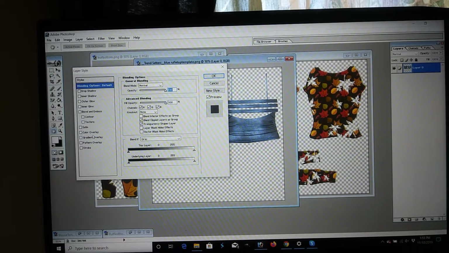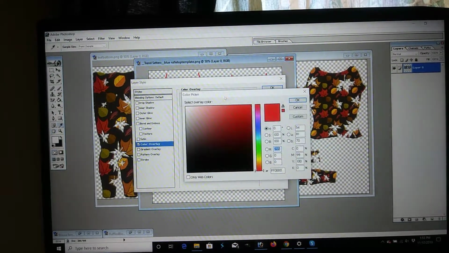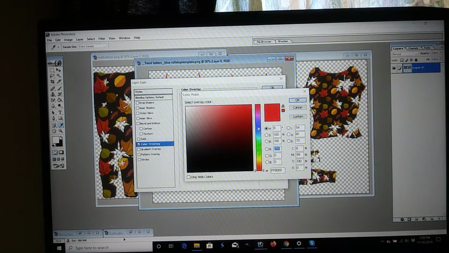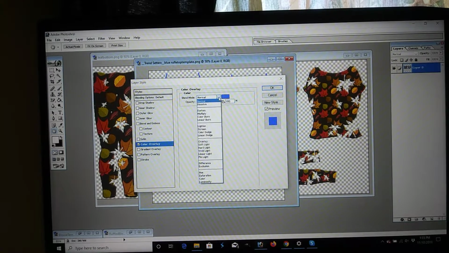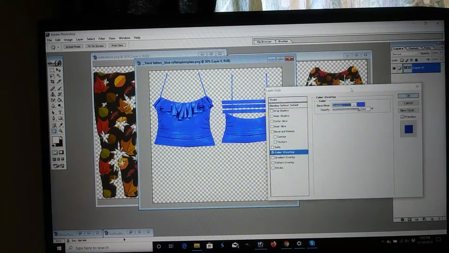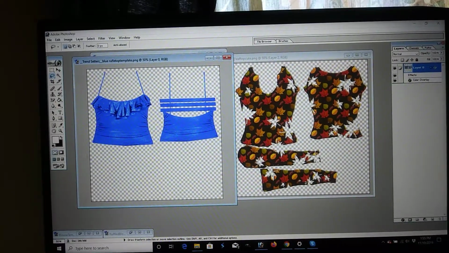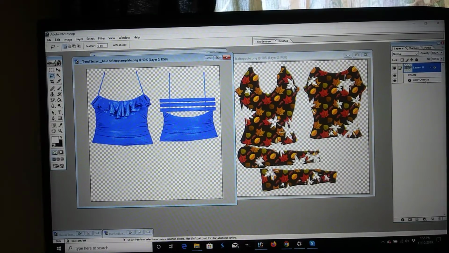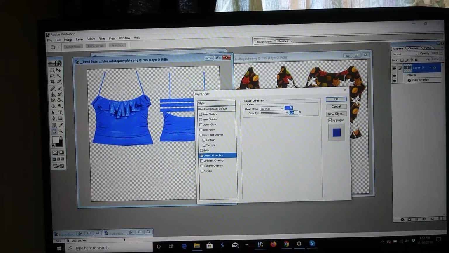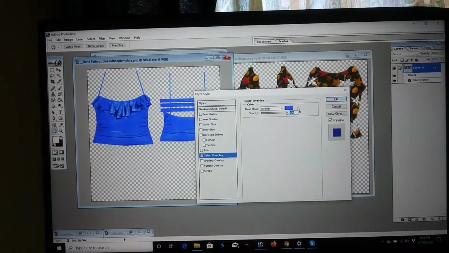So what we're going to do with this one, we're going to go to color overlay, and you can go in here and you can pick out the color that you want, and then you go down to overlay, and it gives it a little deeper color. The one that I worked with a while ago, and it looked really good, was,